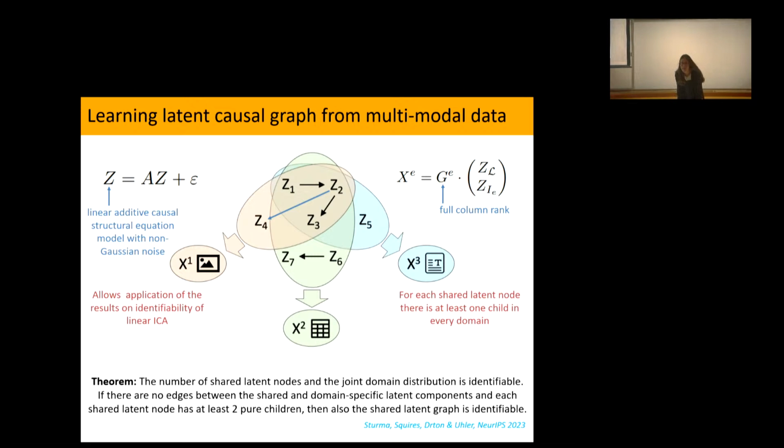For chemical drugs, is there something you can say, like there's actually a latent variable missing, that your graph is incomplete on a new drug? These results will always only tell you what are the latent variables that are shared among the different modalities. If I hadn't had this modality, I would never have gotten to CX5, because this is modality specific. It just learns the latent variables in the causal system that I currently get to see. Those are really great questions, and it would be awesome if we could say what is missing and what we should still be measuring, but that's not what you get out of this.